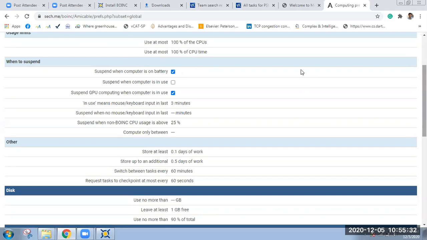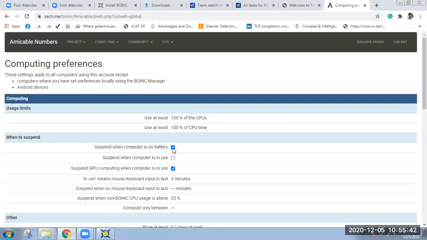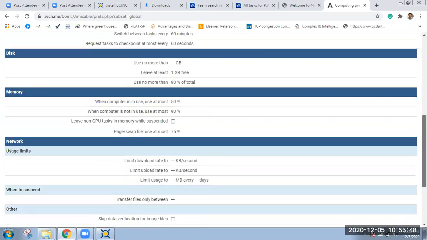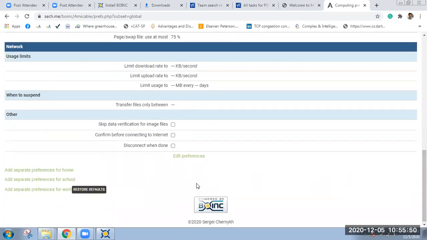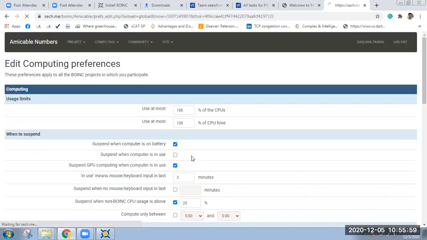When to suspend when the computer is on battery, not required. And this, the default options they are giving me, so that is not changing. Okay, you can select it if possible. You can participate in any group also using the BOINC platform. Yes, reference request.